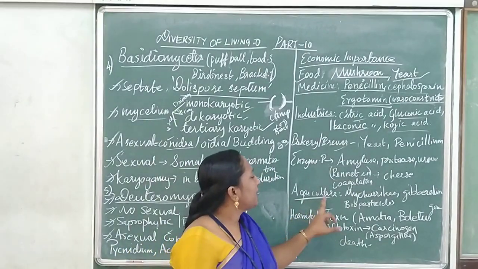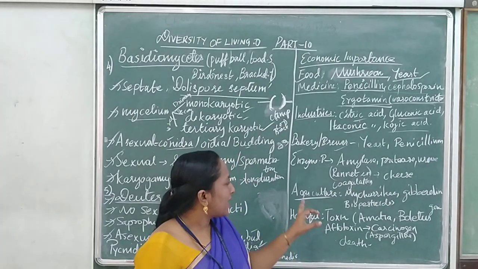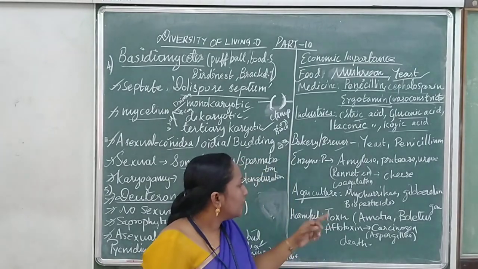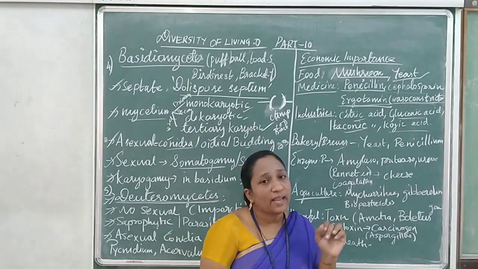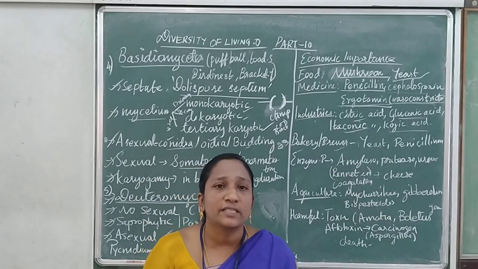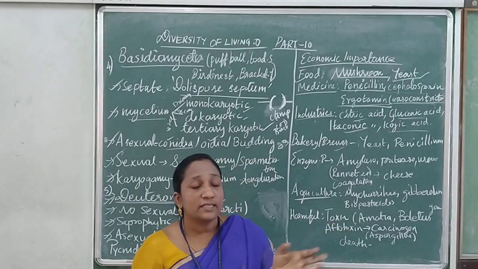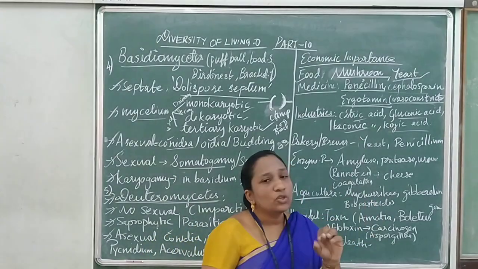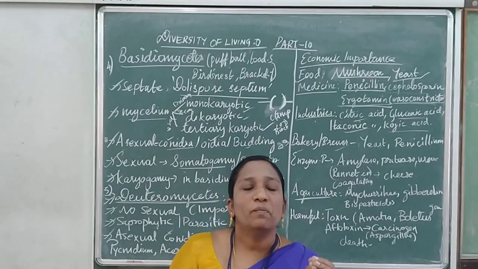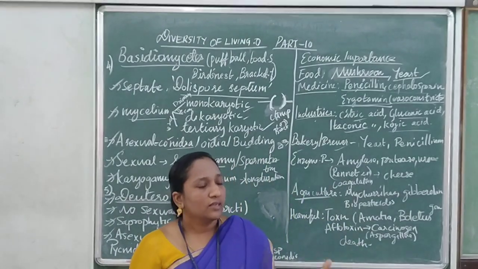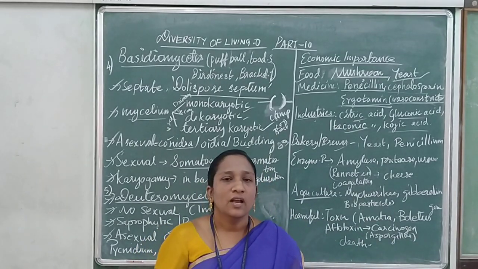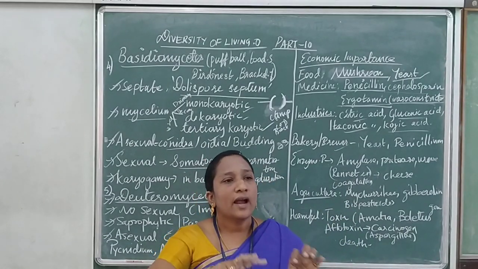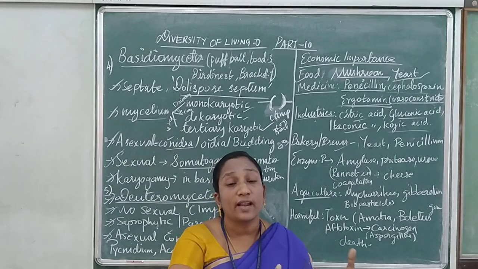And so under industry, agriculture. In agriculture, fungi do a lot of functions. Have you heard about mycorrhizae? What is mycorrhizae? Fungi which live with a plant. That symbiotic association between the fungi and the plant is called mycorrhizae. So what will it do? The fungi will give some minerals and water to the plant, and the plant will give food to the fungi, and also a place for habitat. The fungi provide nutrition, water and absorption.